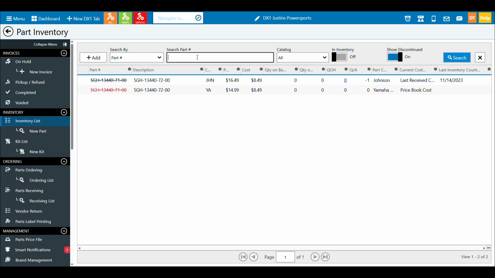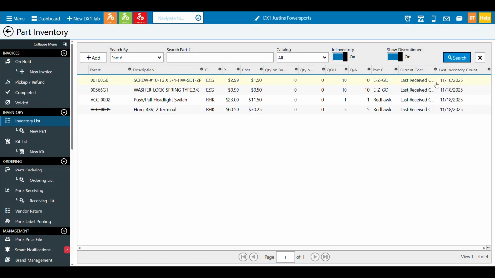Okay. One of the other things you can do is look to see what's everything in my inventory. So I can toggle that on, say for all catalogs, and hit search. Here, for the sake of clean data and for training, I haven't hit you over the head with tons and tons of data. We wanted to make it easier to read.